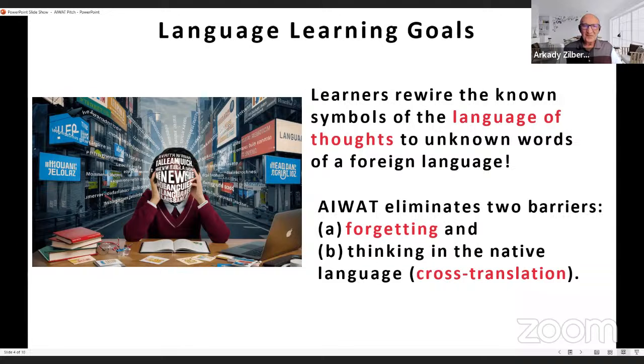Why does it eliminate forgetting? We have in our mind only two systems: the system of conscious learning and subconscious processing. About 5% of all our daily activities are done consciously, 95% are done subconsciously. The subconscious has a remarkable processing capacity, which is 500,000 times faster. And the subconscious records everything. It doesn't forget anything.